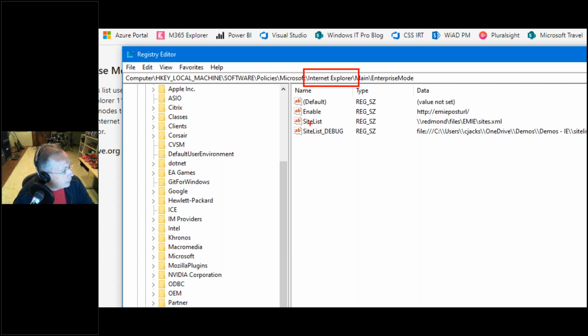I did this directly via the registry. Another little tip or trick, I don't know if this is going to last, but as of right now, if I'm in HKEY_LOCAL_MACHINE and I add a site list debug key, notably, we've validated this doesn't work in HKEY_CURRENT_USER. It's only for local machine. The site list entry itself can be either user or machine, but there you can add a new key